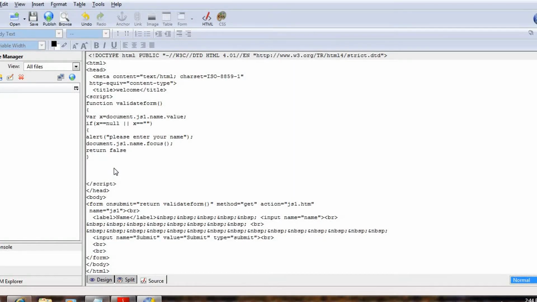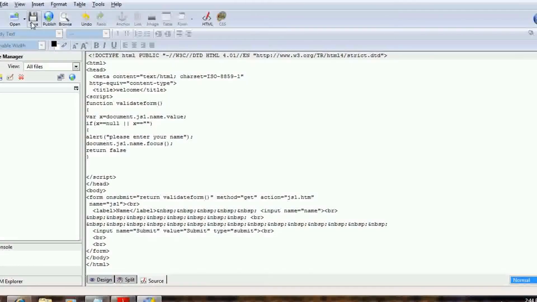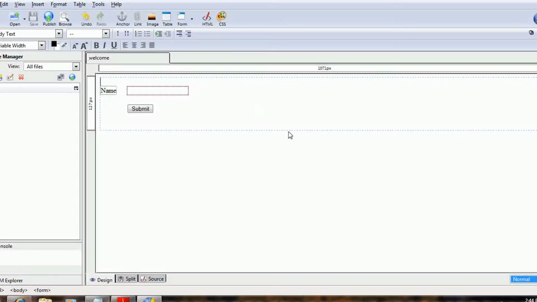So here our script is ready. Now send this script, because it is given in the textbook.